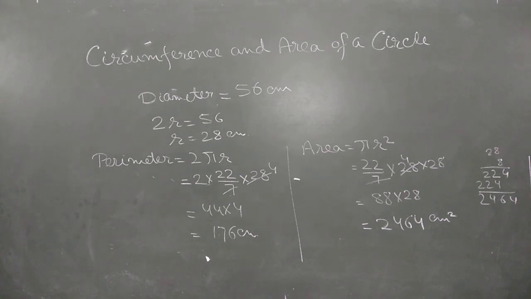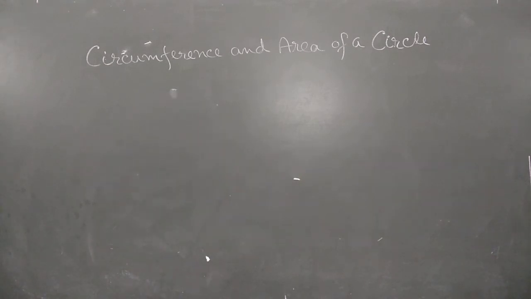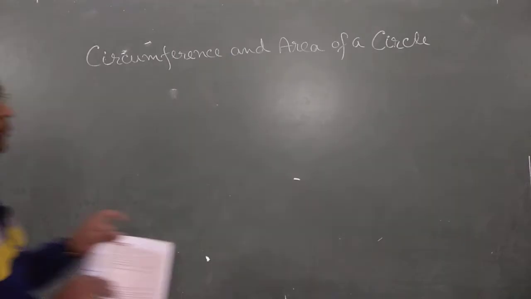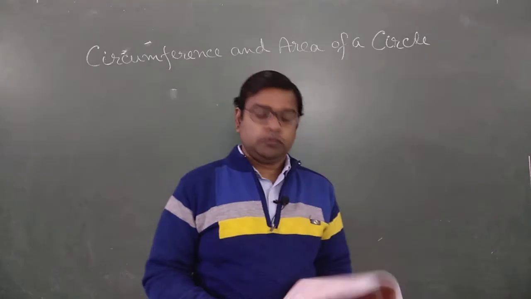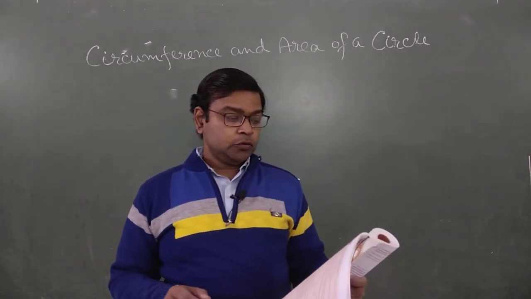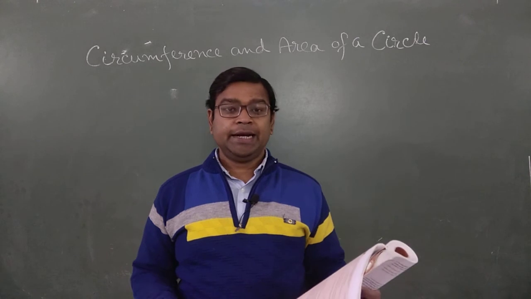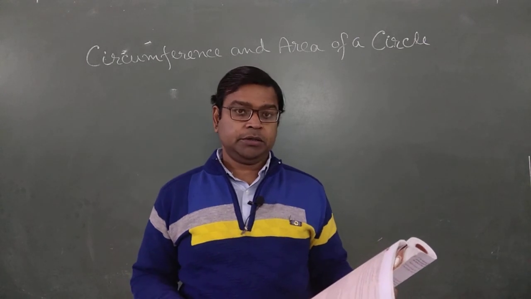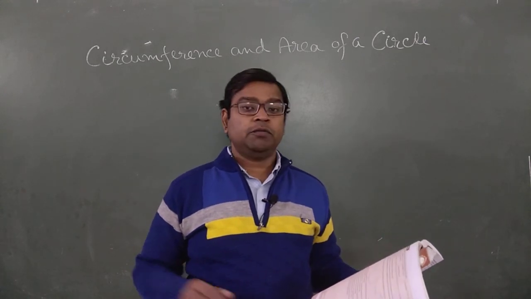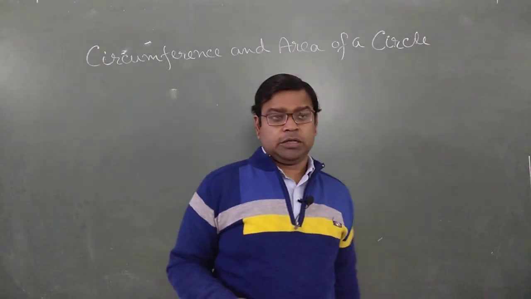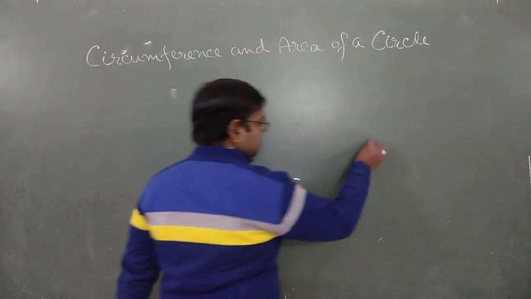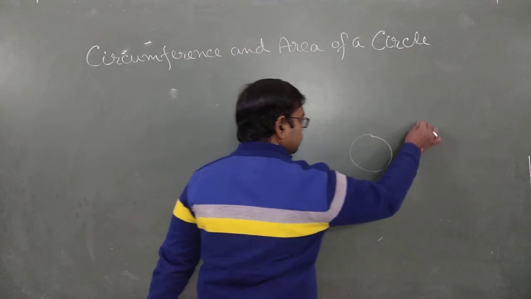So likewise, you solve the given question. First, convert from diameter to radius, then solve it. Move to the next type of question. Now, in this question it says that two wire circles of diameter 28 centimeter and 35 centimeter are cut and then joined to form a big circle. Suppose we have two circles. Likewise, I am explaining to you. One is smaller, one is a little bit bigger.